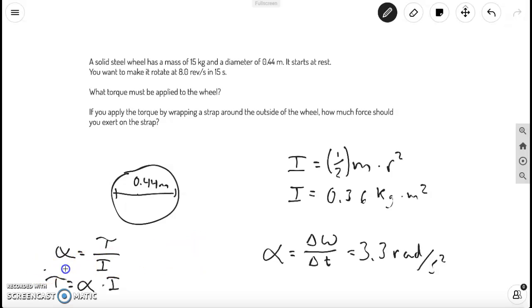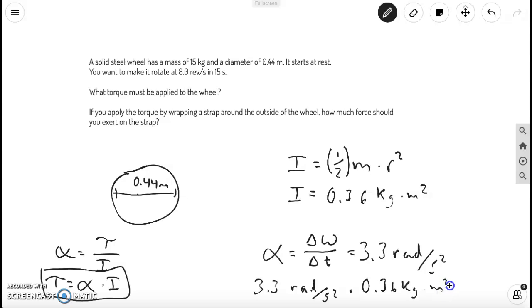Plugging this back into the equation we talked about over here, the torque is going to equal the angular acceleration, which was 3.3 radians per second squared, times the moment of inertia, which was 0.36 kilogram meters squared, sorry. And so if we do that equation, we get 1.2,